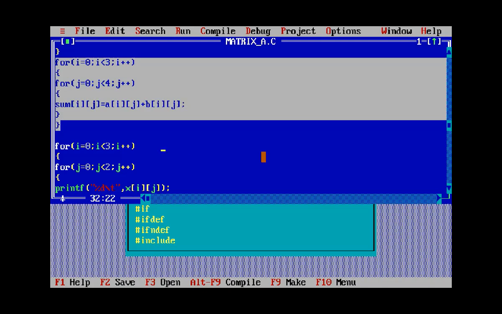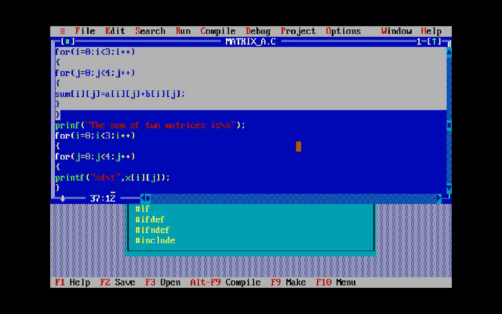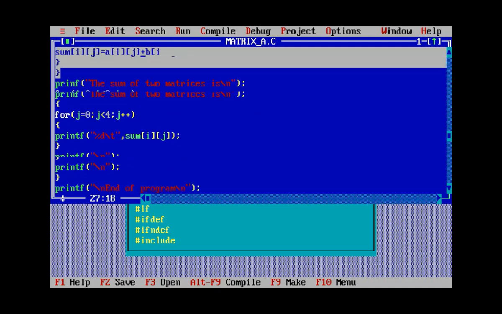So once we are done with the sum of the matrices, we will write a print statement. The sum of two matrices is, that we will do in another for statement. Here we'll be writing sum. And that's all.